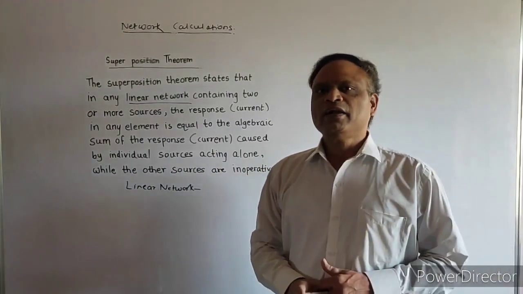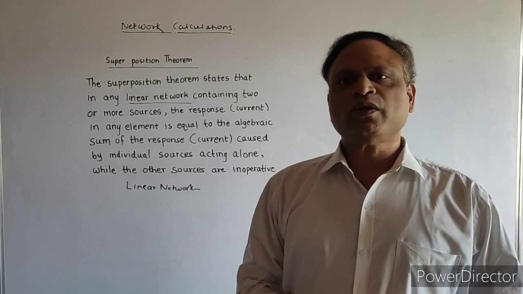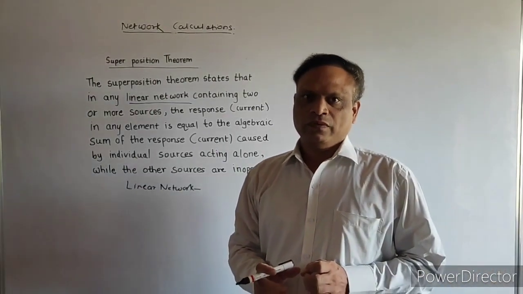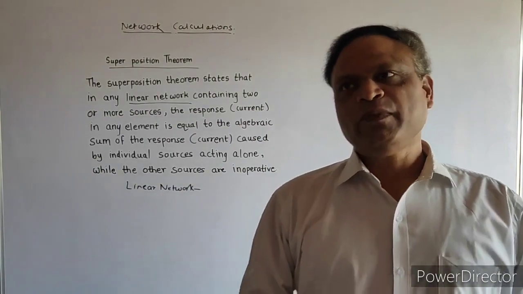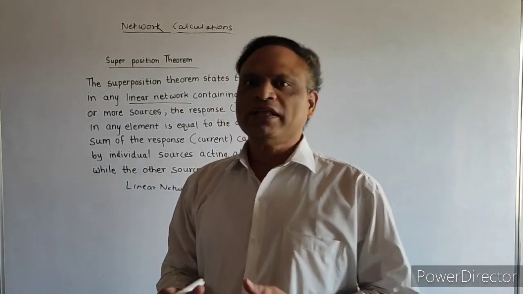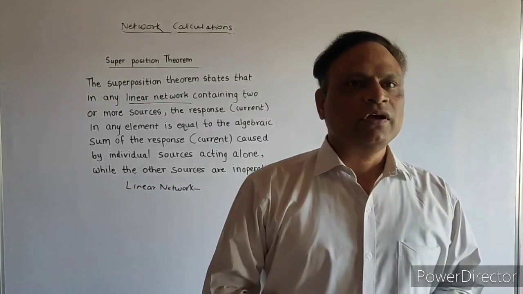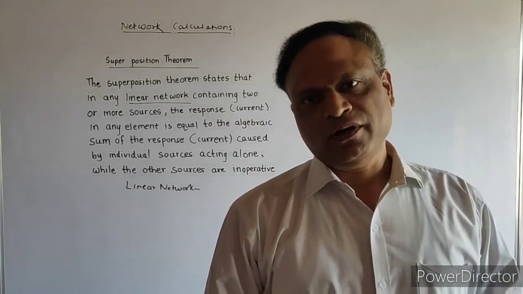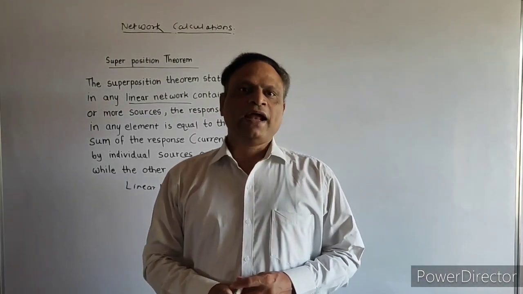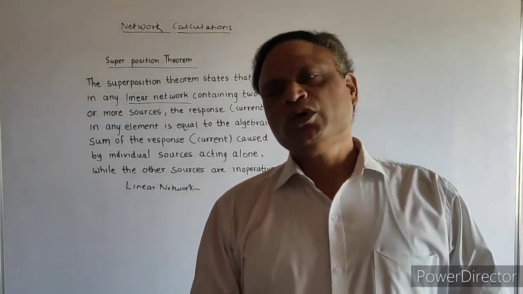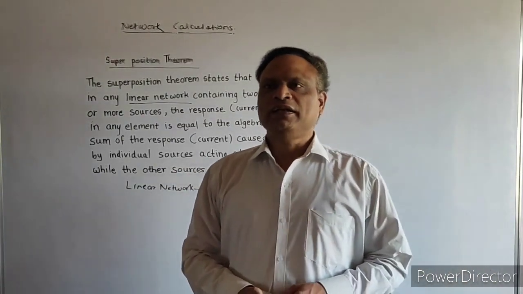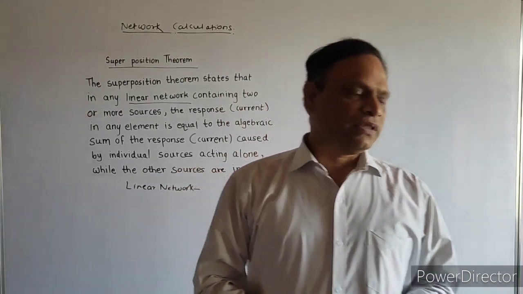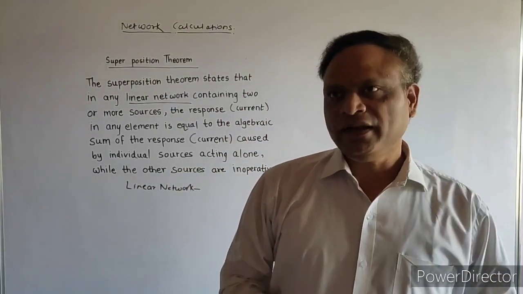Again the next question arises, what is a bilateral network? Bilateral means a network whose behavior does not depend on the direction of current. A network whose behavior depends on the direction of current, that means diode, SCR, transistor, its behavior will totally depend on the direction of current. So this is unilateral, and the circuit or network whose behavior doesn't depend on direction of current will be a bilateral network.